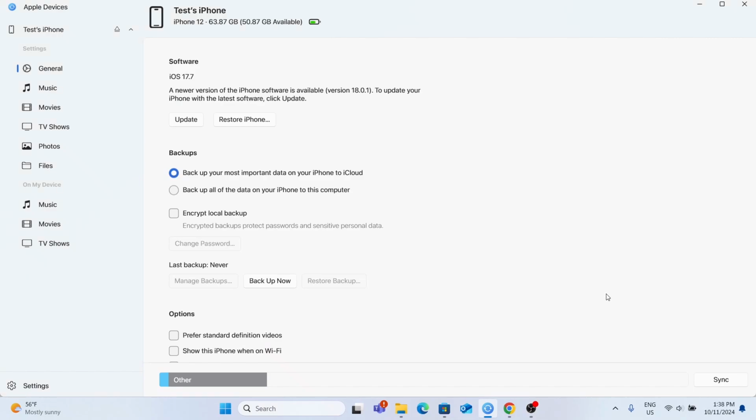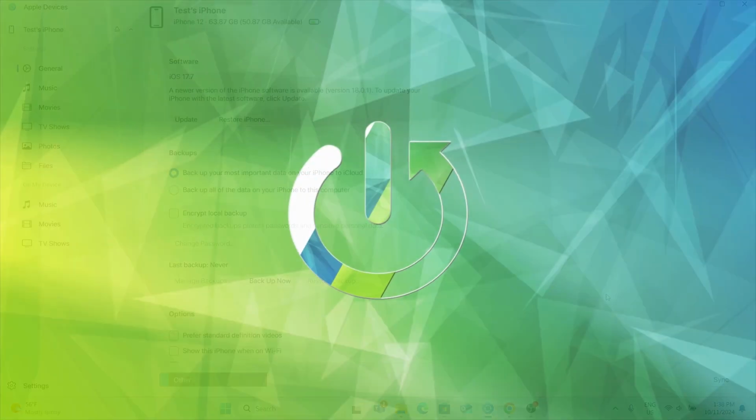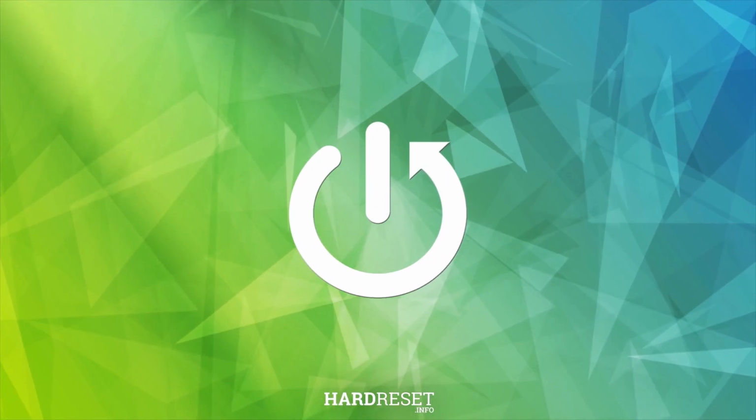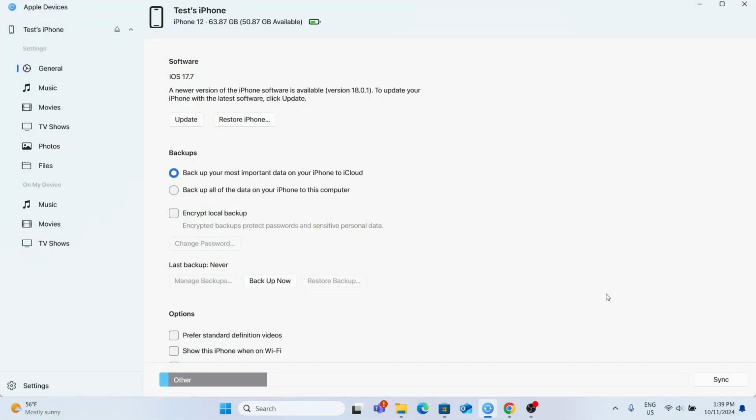Hello, in this video I'm going to show you how to backup data from your iPhone or iPad to your Windows PC. To do it, you'll need to have an app named Apple Devices on your Windows PC. You can download it via Microsoft Store, then connect your iPhone or iPad to your computer via a cable, and